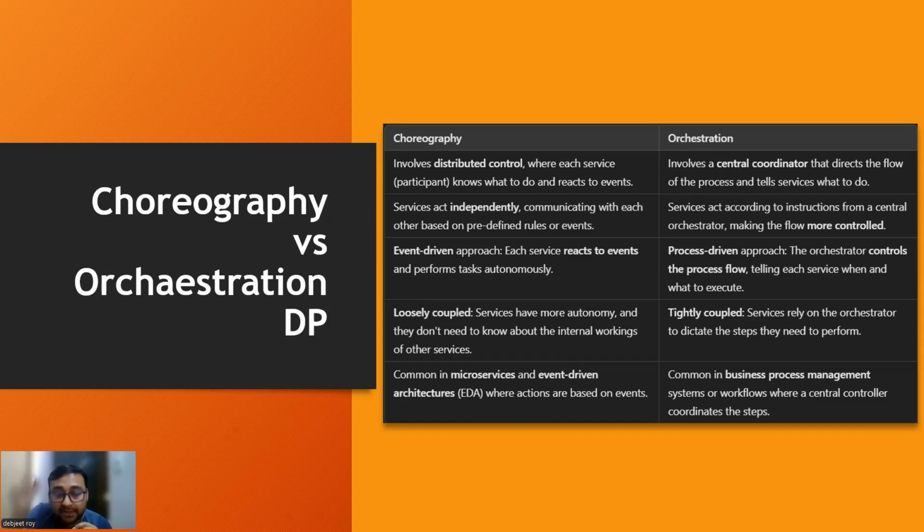If that particular orchestrator fails, the entire set of microservice work will fail. So that makes it a tightly coupled architecture. This is a major disadvantage with orchestration. Rest everything is fine. Choreography is common in microservices and event-driven architecture,